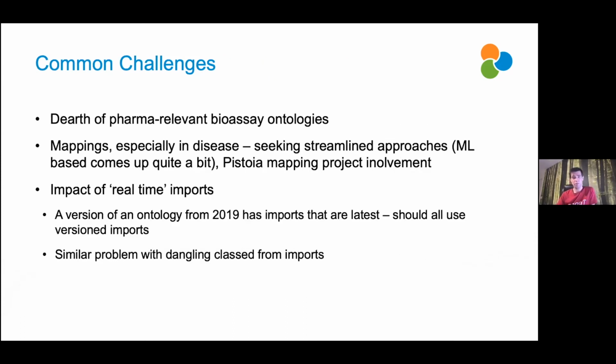Common challenges. I'll let Jane talk about that one maybe towards the end. But I think one of the areas where we see people extending most in the ontologies they utilize is bioassays. It still represents a bit of a gap, I think, for the pharma-specific part of bioassay ontology. There's a question as to whether that's really something a public body should care about. I'm sure you don't want to have to code your assay ontology around what one pharma wants to do. Probably not, but there are probably gaps there that would be worth bridging.